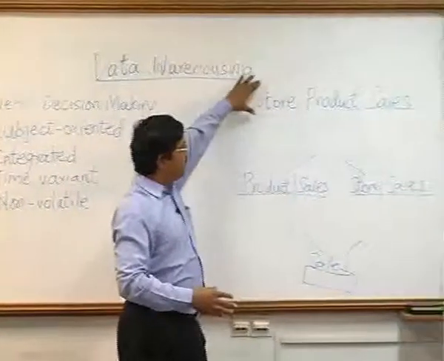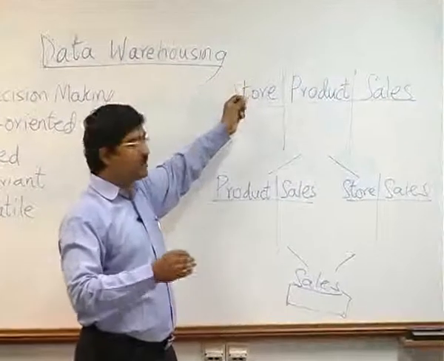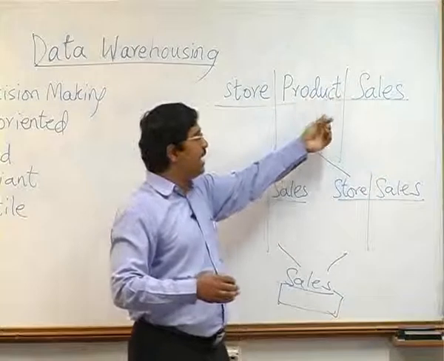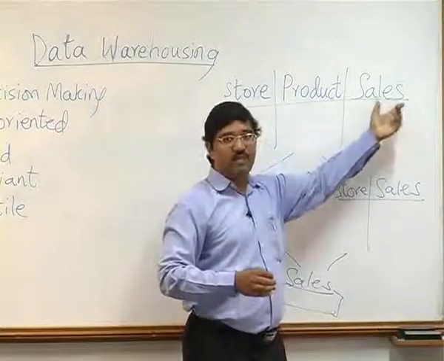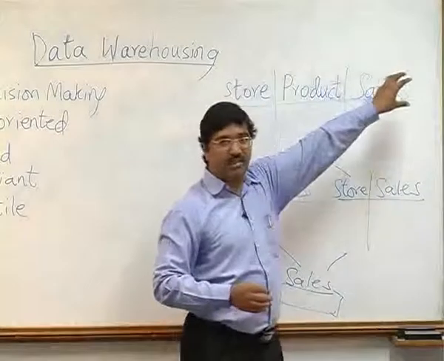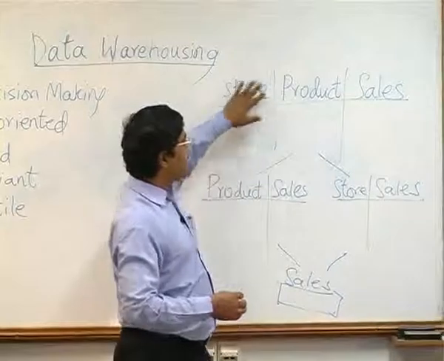So you have, let's say, different stores, different locations of the branches. You have the different products that are sold in these different locations, and the amount of sales, how much of these products are sold. So these are what are called subjects here. And there are 2 kinds of subjects. One is called the